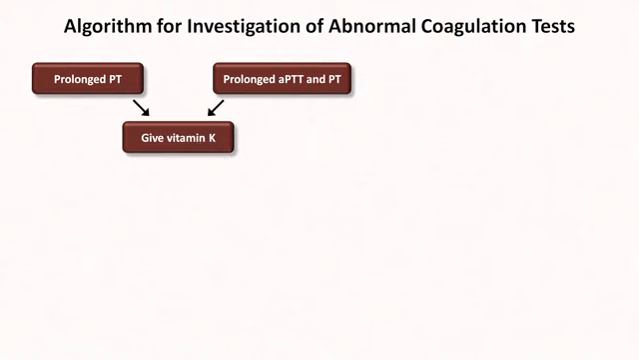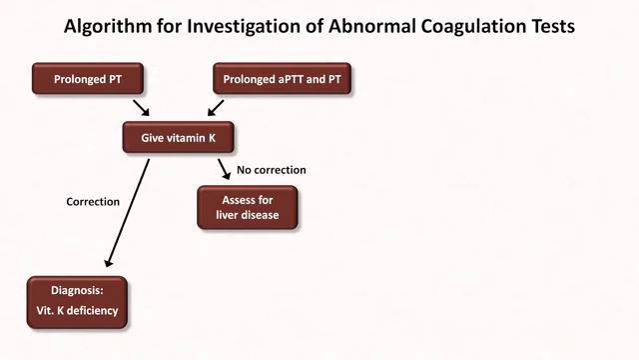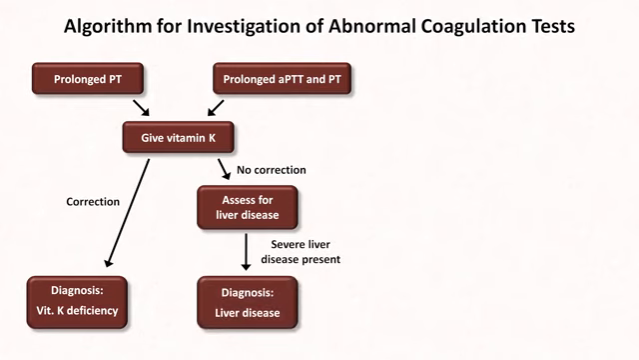If either the PT alone or both the PT and PTT are prolonged, then give the patient vitamin K. If the test or tests correct, you have your diagnosis, vitamin K deficiency. If there is not correction, next consider whether the patient has severe liver disease. If they do, the prolonged clotting times are almost certainly due to that liver disease. This isn't necessarily true 100% of the time, but if a patient has both severe liver disease and another completely independent clotting disorder, it will be very challenging to diagnose the latter, and if that's a consideration, you should consult